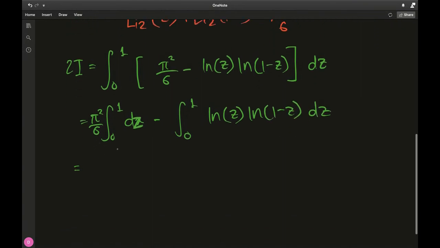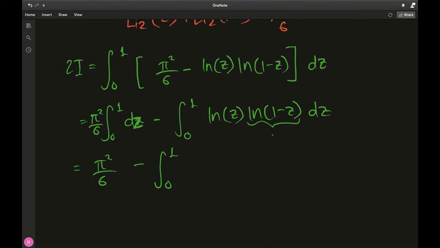Well, this first integral is just going to be pi squared over 6, because it will be z evaluated from 0 to 1, which will just be 1. Minus, now noticing this second natural log over here, it's almost calling out to us